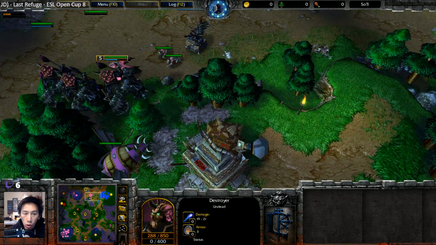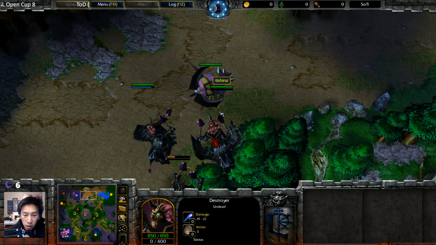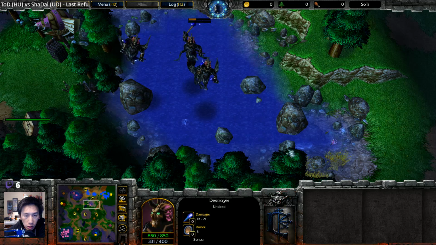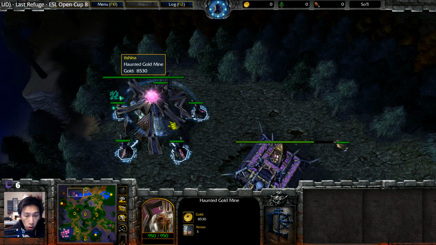Stormbolts are still doing wonderful work to finish off many of these ghouls, but the Destroyers at some point are going to have diminishing returns. The Riflemen are not going to be able to really allow a massing of Destroyers, since the Riflemen are now so much stronger, and we are